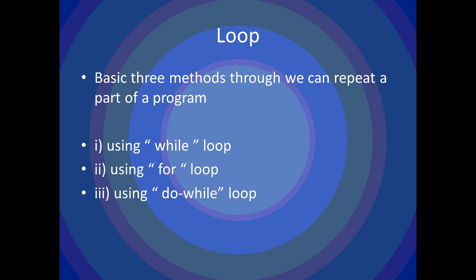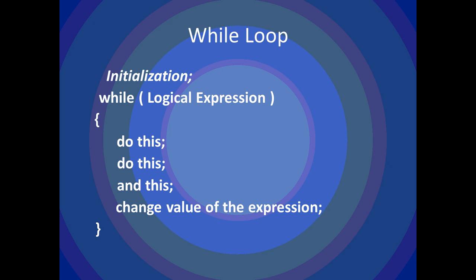Either we are doing programming through Java or C++, we have three basic loops: while loop, for loop and do while loop. We have three basic loops that would be used for the repetition of the statements. While loop,